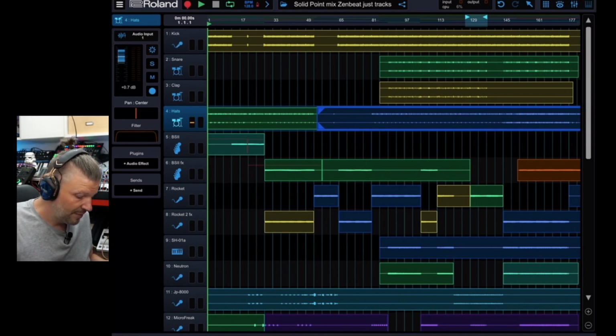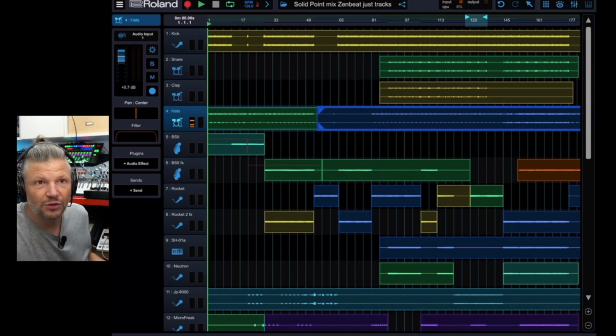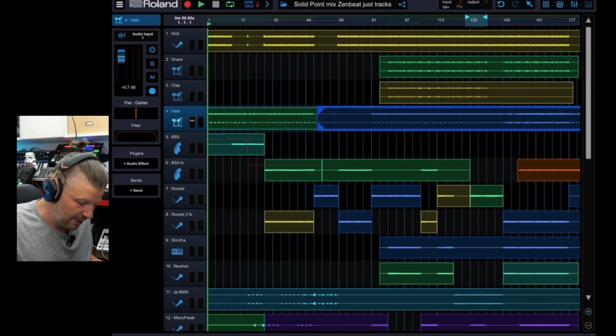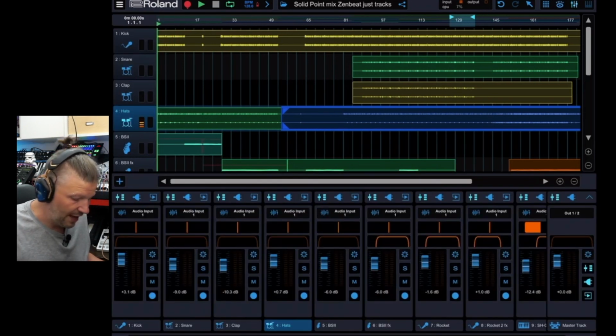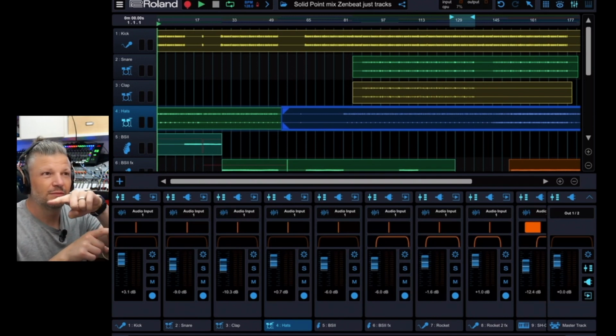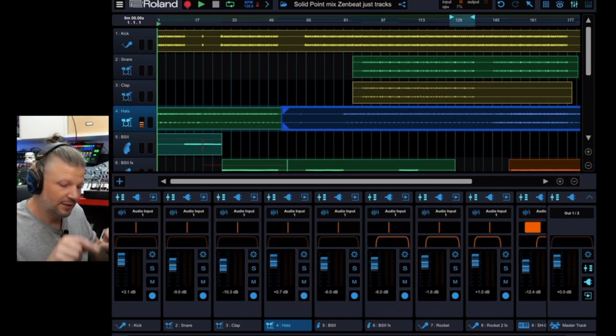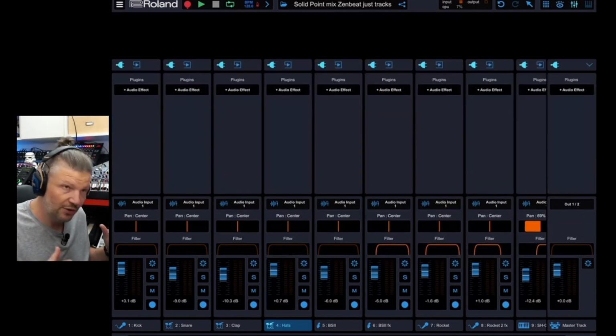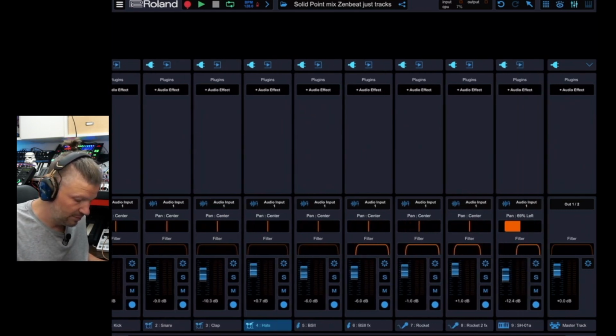So let's actually, I'm going to look at my notes just to be sure. Okay, I'm going to start by playing back one approach that I have. You have the mixer at the bottom here, but you can click on the arrow on the far right, a little arrow that goes to the top. You click on this, and then your entire screen becomes a big mixer. And then you just scroll through the different